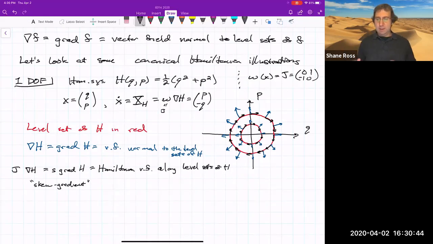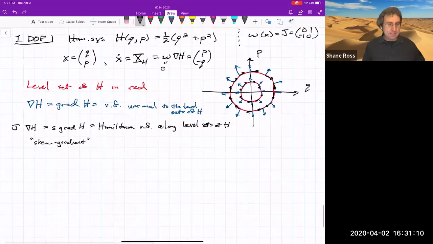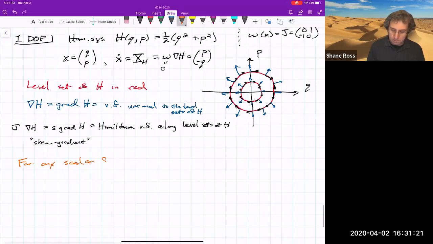And here we chose a Hamiltonian function that has some physical relevance. Anything that shows this harmonic oscillator type behavior is going to be topologically equivalent to this. But for any scalar function f, we can define a Hamiltonian vector field for f, even if it doesn't correspond to total energy or anything. So does that mean anything? Maybe. I'll put this in orange. For any scalar function f,